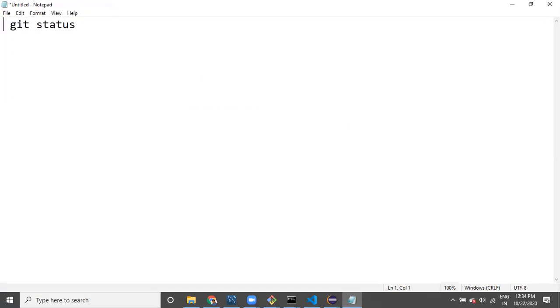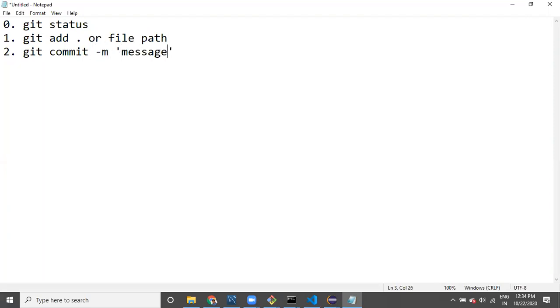You can call it the zeroth step. First, git add dot or file name or file path. Next, git commit with a message. Next, git pull. Before pushing, we have to pull.